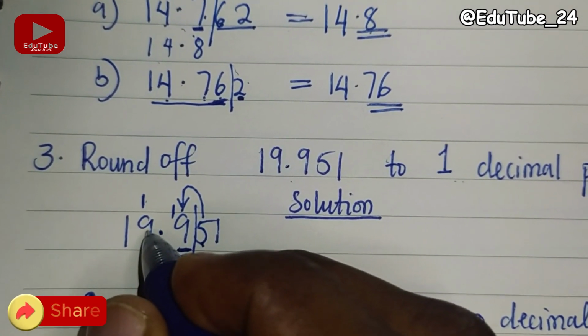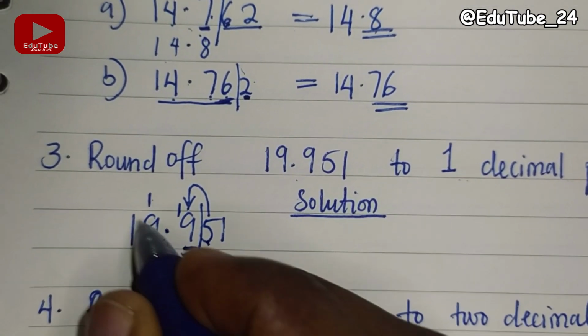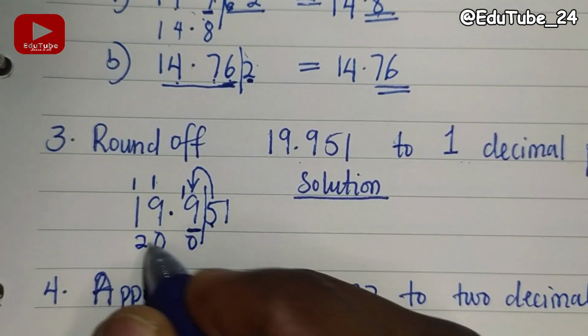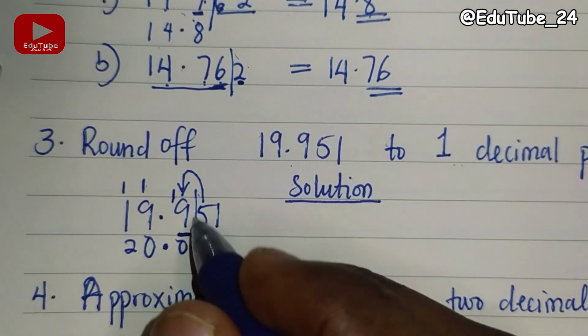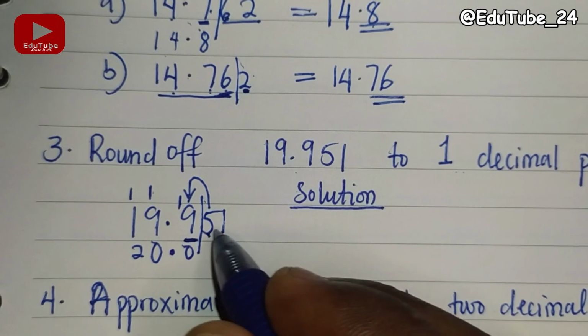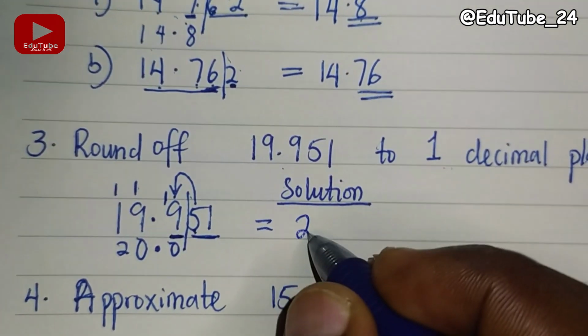So instead of writing 10, I'll write 0 and carry 1 to the next number. So we also have 9 here. If I add the 1 to this 9, it will also give me 10. So I'll write a 0 and carry 1 to the next number. Then if I add the 1 and 1 together, I will have 2. So then I have the point. The numbers after my 1 decimal place value will be evaluated to nothing. So my answer is 20.0,